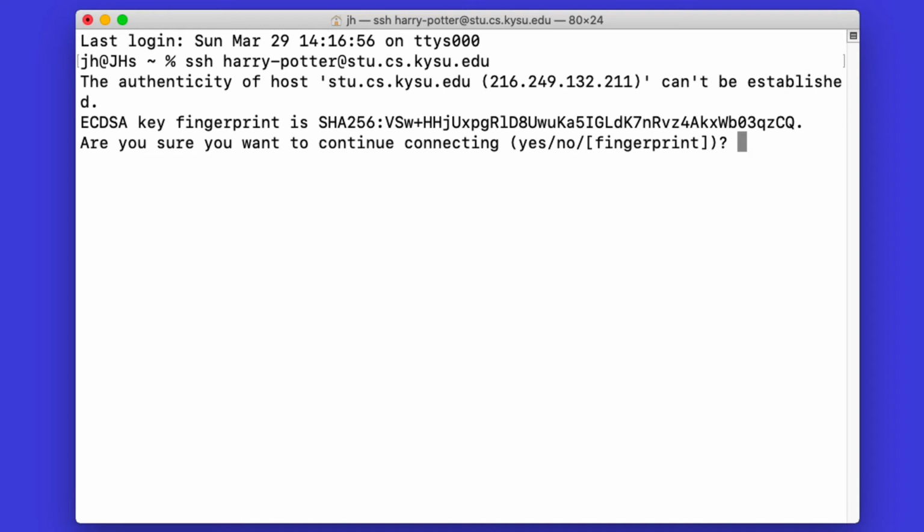So if there is a man-in-the-middle attack, somebody who does not have access to the private key will not be able to generate a token that will be verifiable by the public key that is then cached. So we're going to do this here and say, do you want to continue connecting? Yes. So we have to type an actual yes here, and we only have to do this once per new